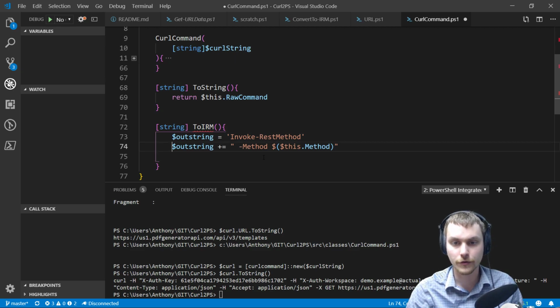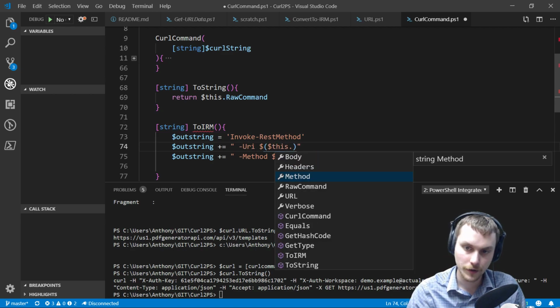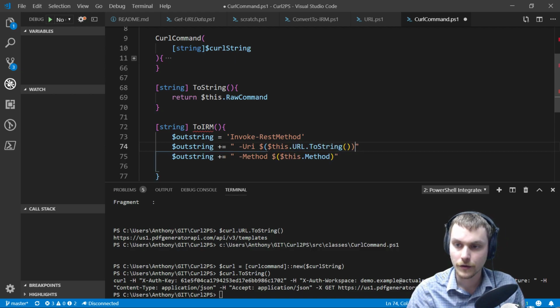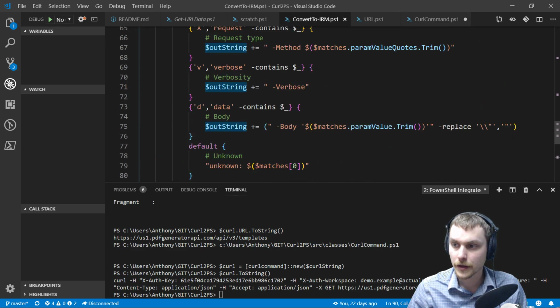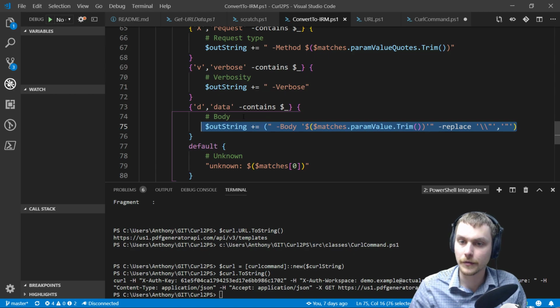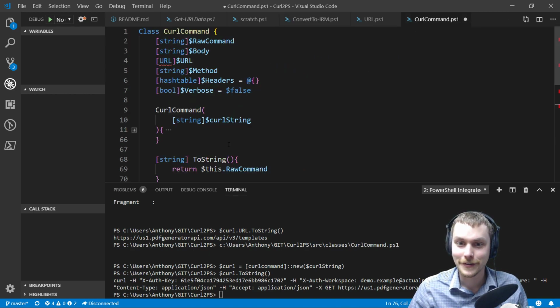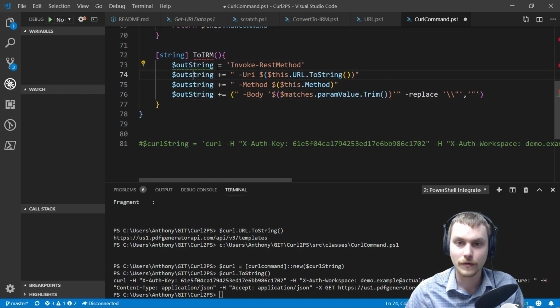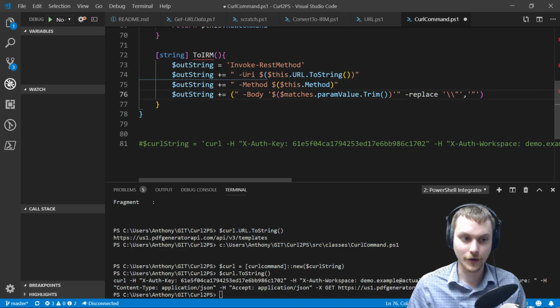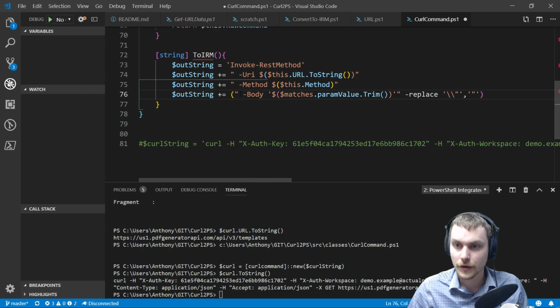Actually, no, we'll do the URI first, just because that looks better. This.url.toString, and then outstring plus equals. So we got method. So now we've got to deal with the headers and the body. So how did I deal with the body? I'm just gonna copy this right over. Be a stickler for camel case there. Okay. Outstring equals, so it's gonna be